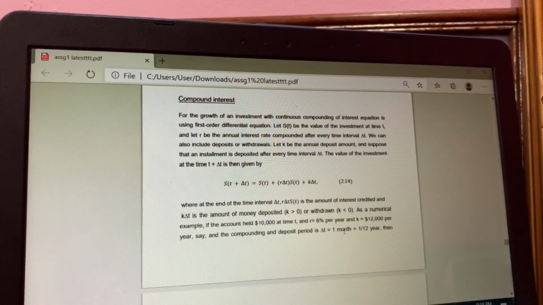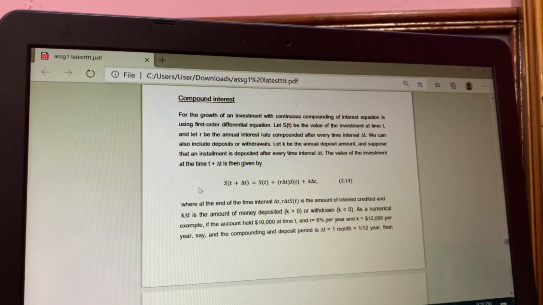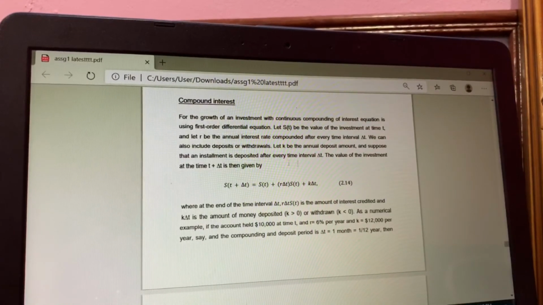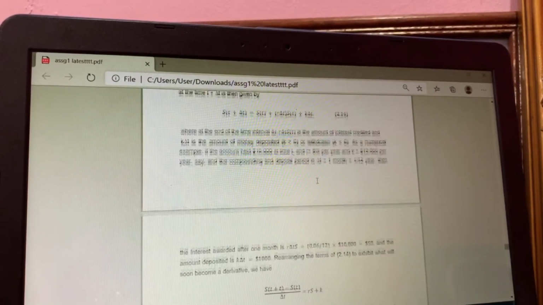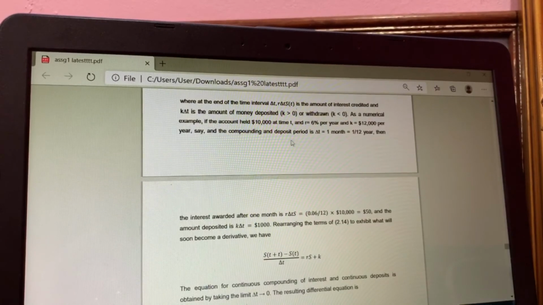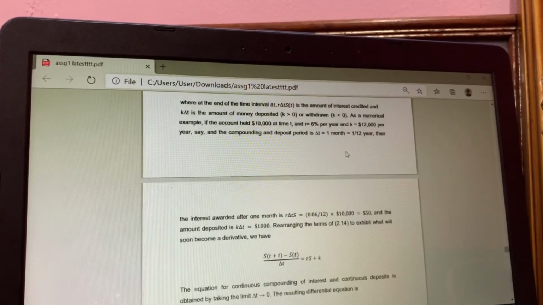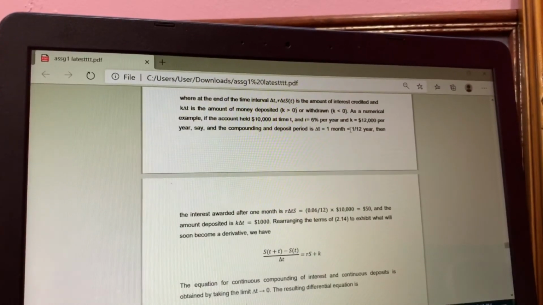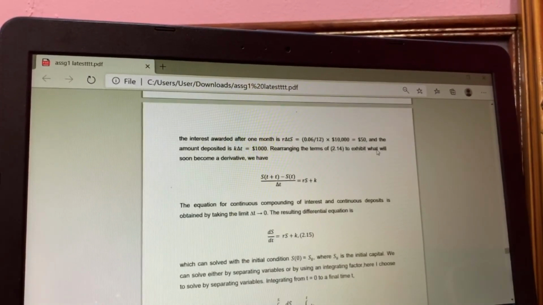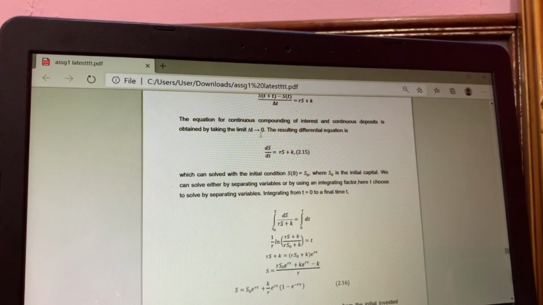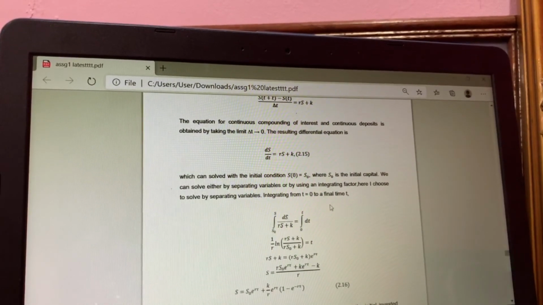Next one is compound interest. The calculation is quite the same: we have this value of investment at time t plus delta t, where k delta t is the amount of money deposited, and we have the interest rate r equals 6% per year, and delta t is a month, expressed in years. Then we derive the equation, and we let delta t go to 0, and the differential equation is this, and we integrate it